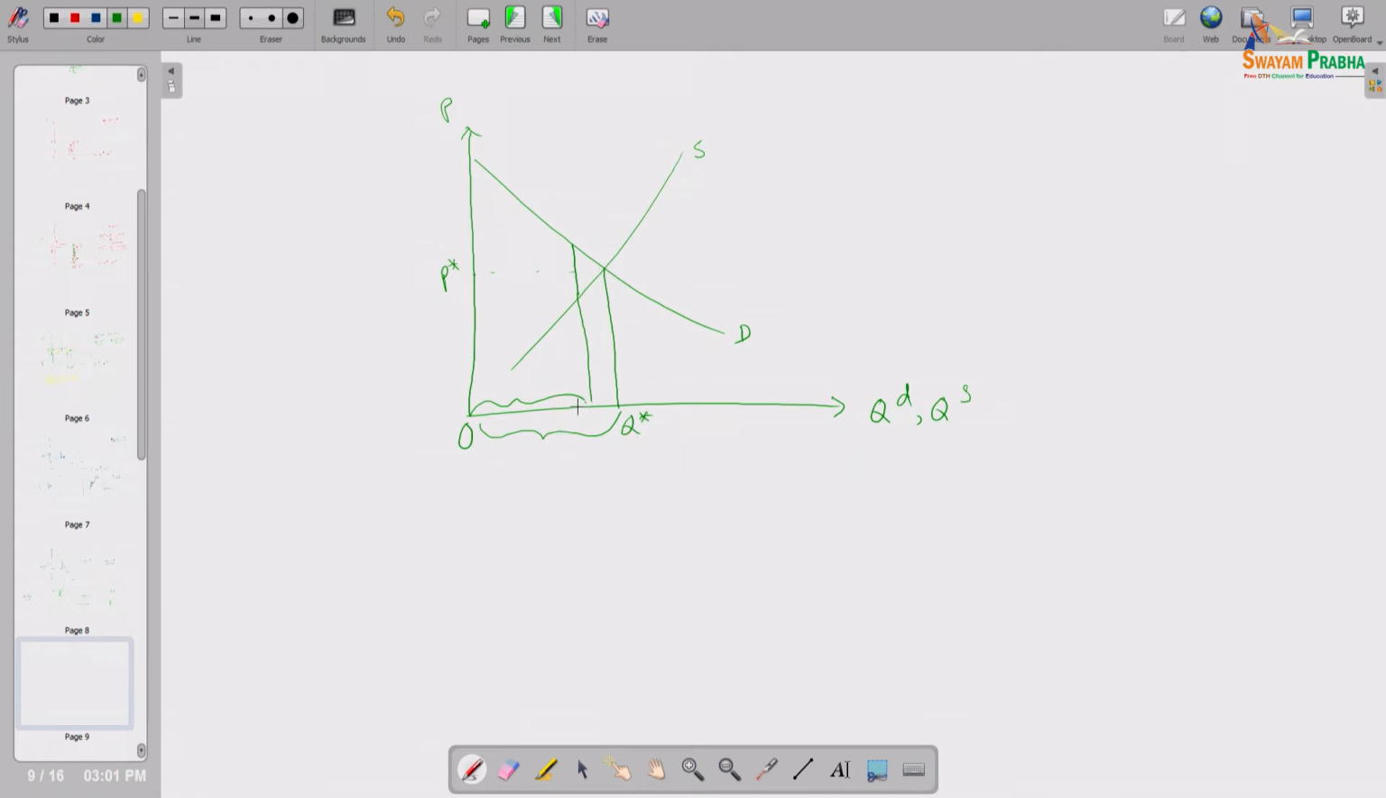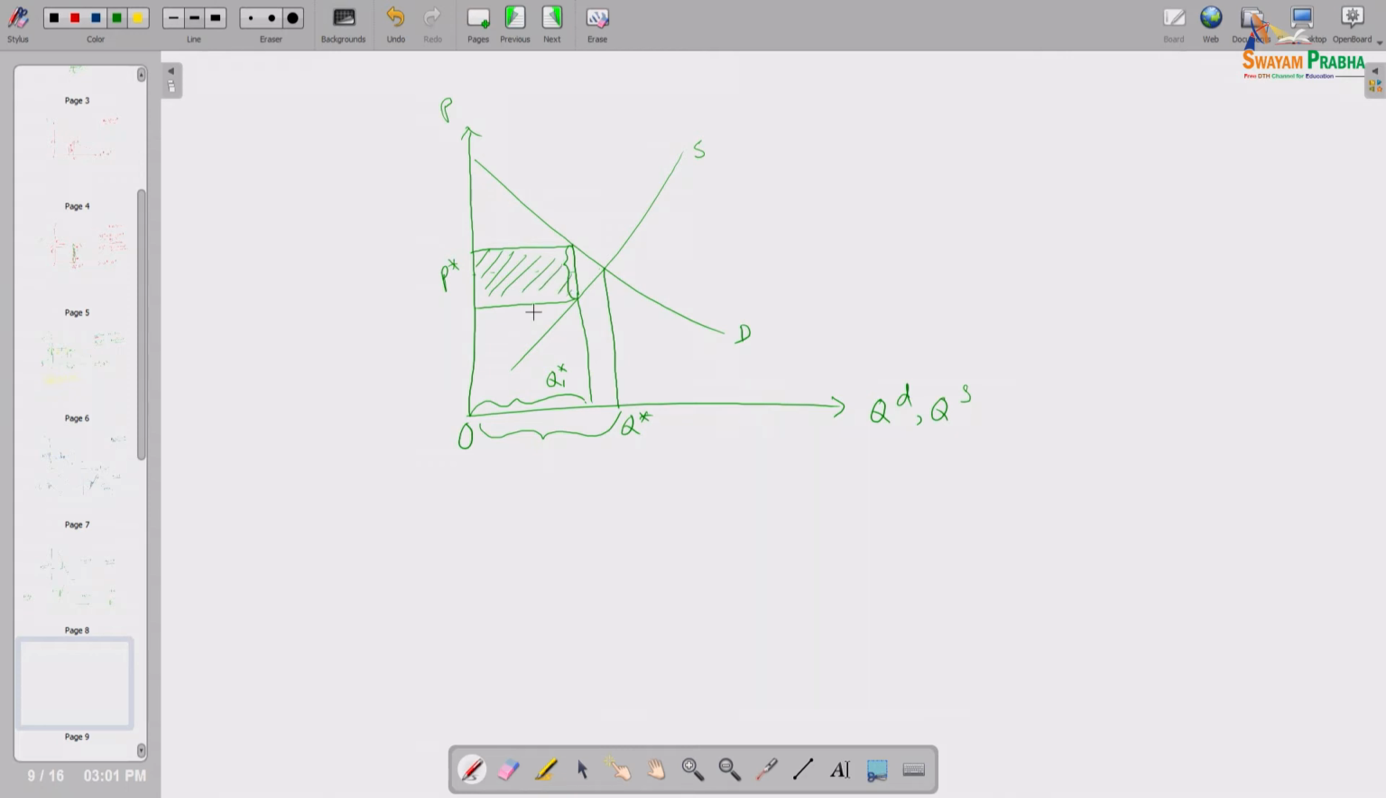Suppose this is Q star, this is Q1 star. OQ1 star amount of the commodity will be transacted in that market, right. Due to that much transaction, the tax per unit transaction of the commodity is what the government is getting. So, the question is how much tax revenue the government is gaining? Definitely this much, this area,